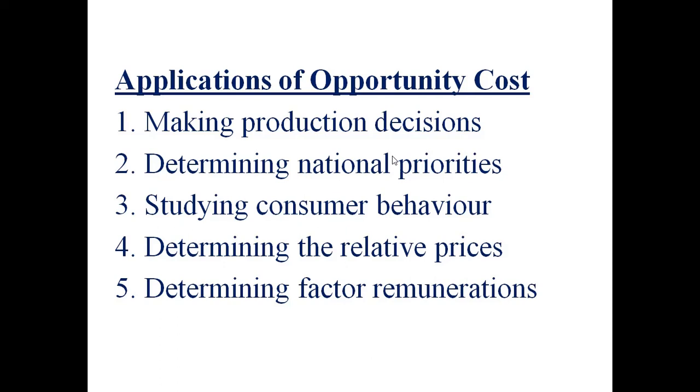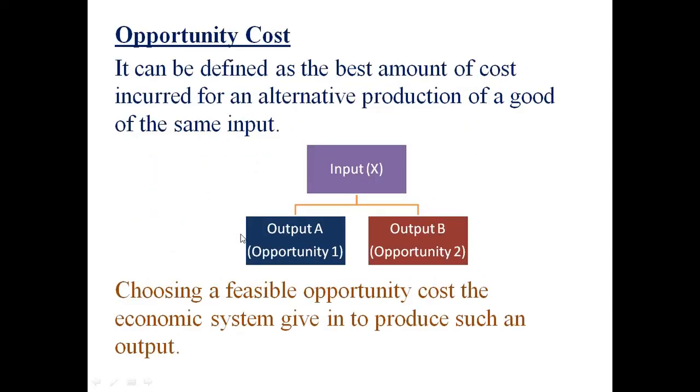That is, at present we have the vaccine situation, or the guns and ammunitions. And studying the consumer behavior: you can study the consumer behavior by this opportunity cost, whether to produce rice or wheat. And to determine the relative prices. By producing output A, you will incur, let us suppose, 100 rupees, and by producing output B, you will incur 110 rupees. So here you can relate the prices. For output A we have 100 rupees, and for output B it is 110 rupees. So you can see the relative prices.